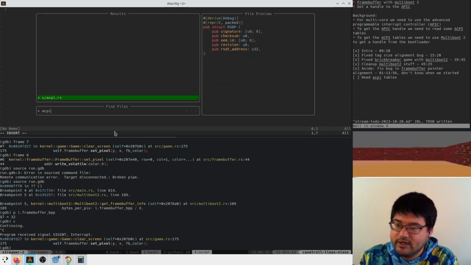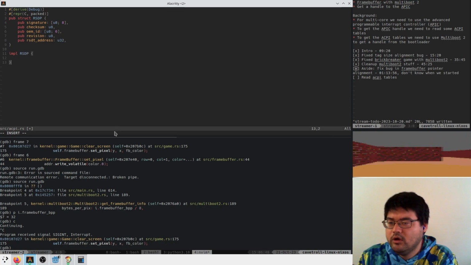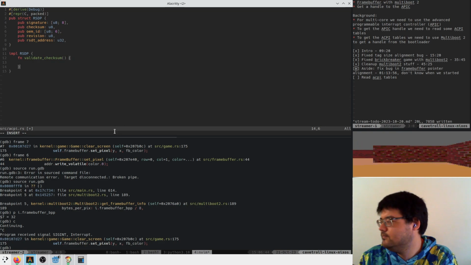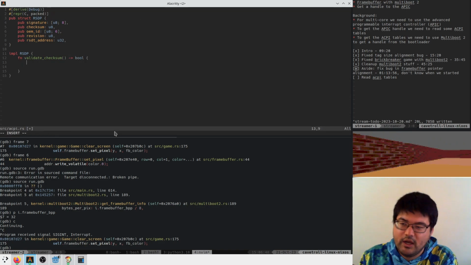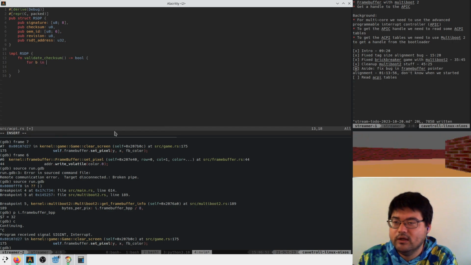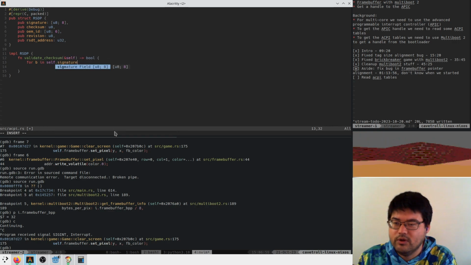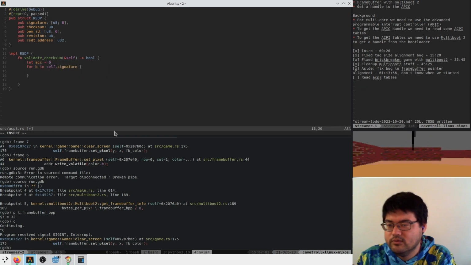In the ACPI stuff, we can do maybe impl here, and we'll say function validate_checksum. And I guess this will return a bool, and this takes in self, obviously. So we iterate over the signature, and we say let ac equals 0.